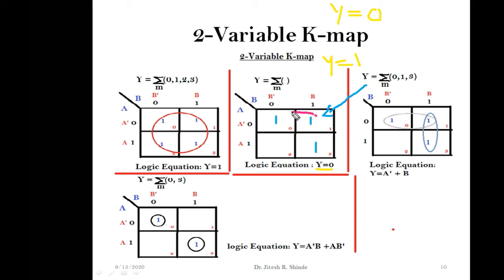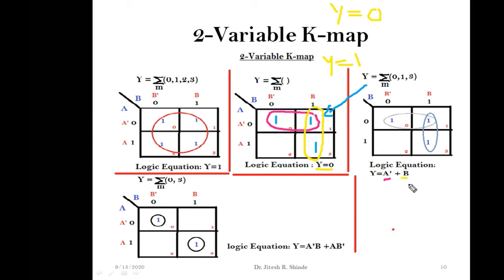So what is the common term here? Row wise I am getting A bar, and column wise nothing. It's changing, so A bar will come here. After that, the second group will be in this way. So what will I be getting here? The common term is column wise, so here I have written B.